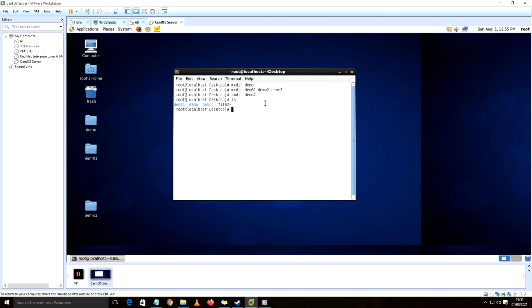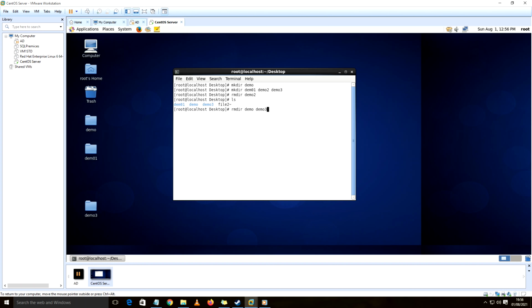You can also remove multiple directories by just giving a space, as we did when creating the directories. I will show it to you. rmdir is the command. Then you need to write the name of the directory, that is demo, and suppose another directory, that is demo3. I want to remove these two directories.